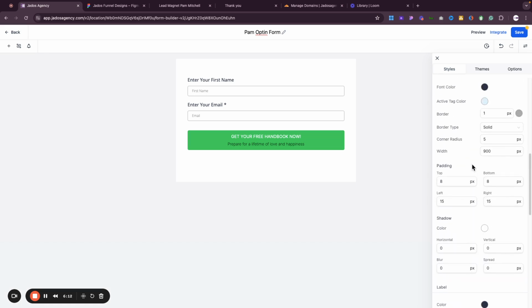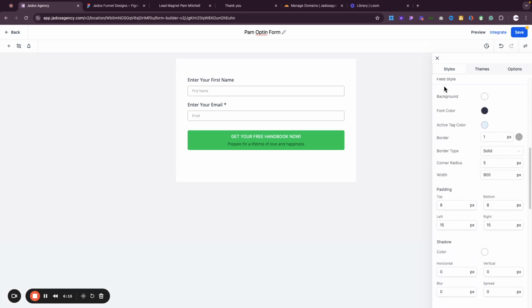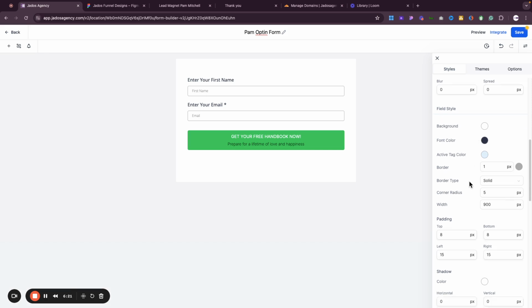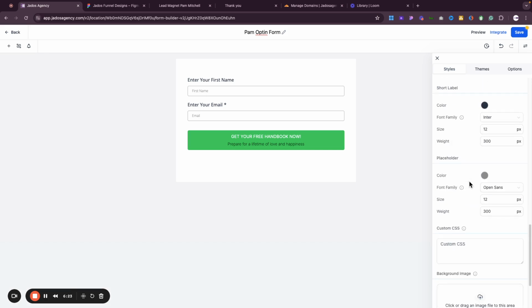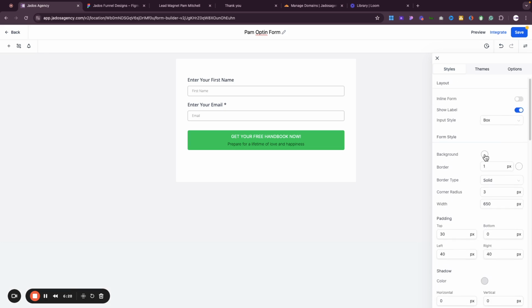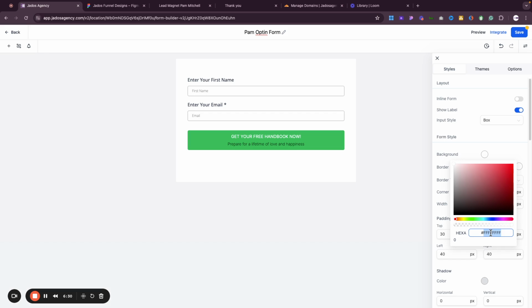If you go to the field style, the background, it's the field style that we're looking for. Okay, cool. So if you go to the background, let's change the color.